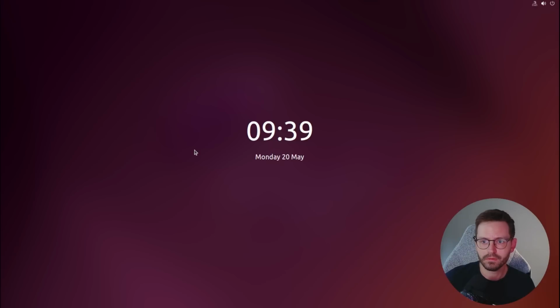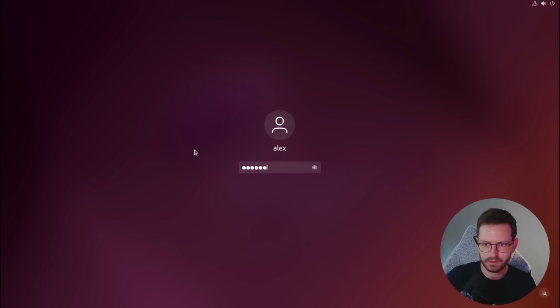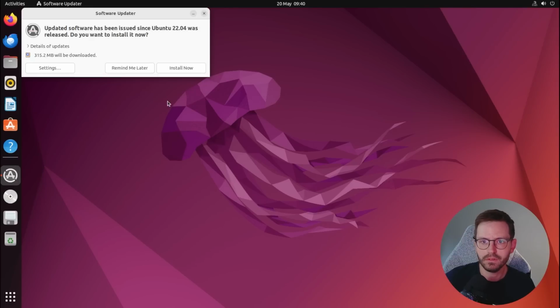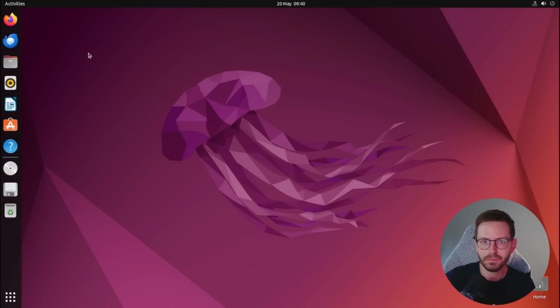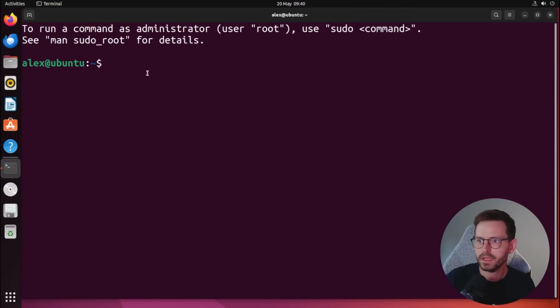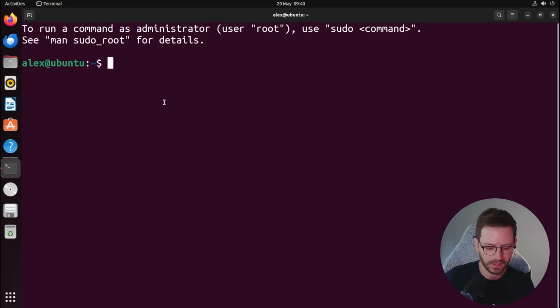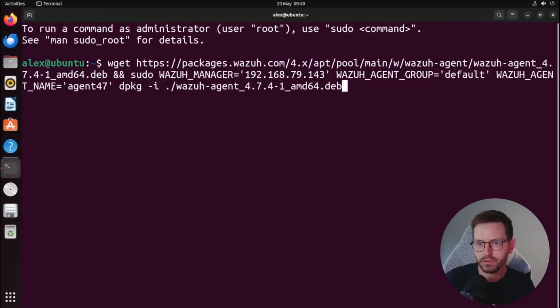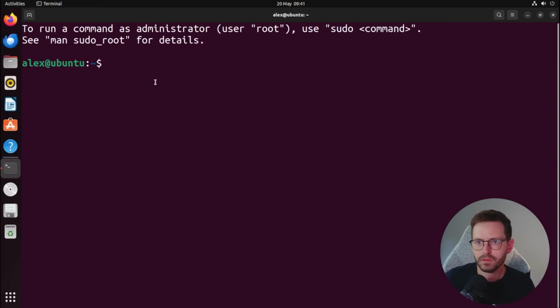So here we have our Ubuntu machine, which I'm just going to log into, and let's install the updates later, and we'll just pull up the terminal, and I'll make this a little bit bigger for you, full screen, paste, and I think we can just hit enter. And to install the agent, all we need to do is come to our Ubuntu machine, open up a terminal,